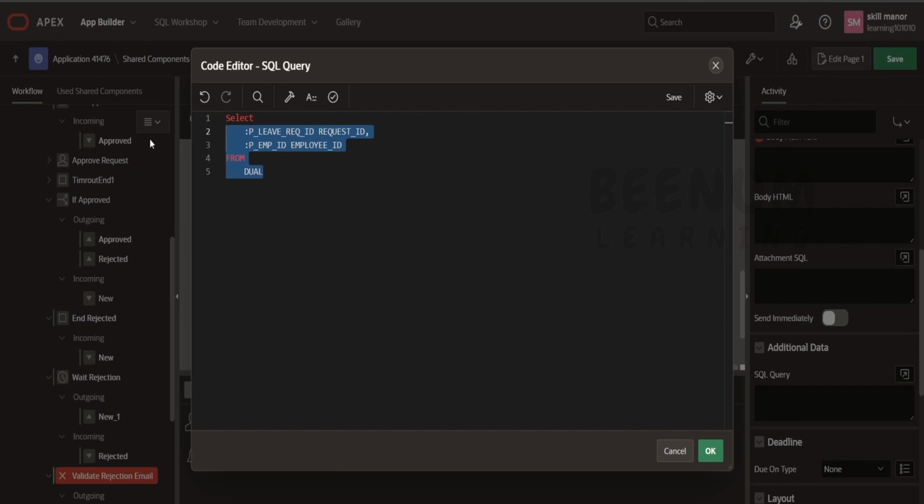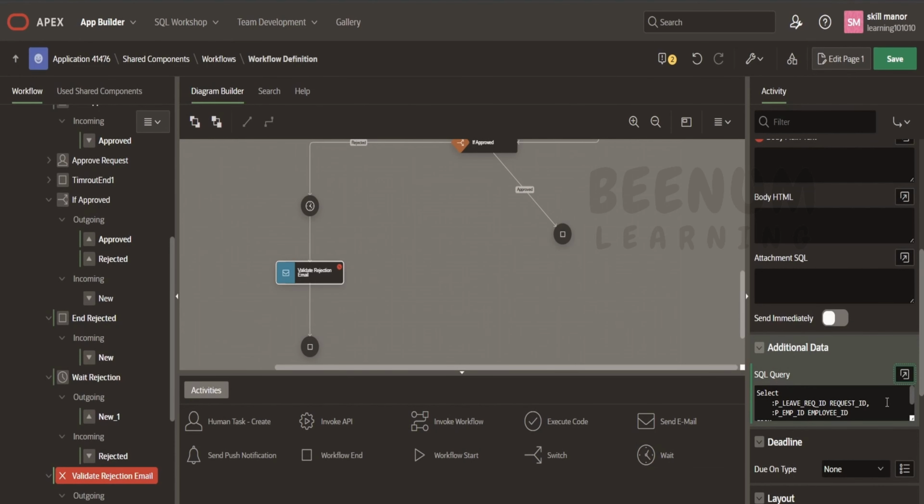You might be getting the request ID, and if you want to address the email to the person, then you may be needing the person's name. In that case, you can have a query which can fetch the person's name using the join and you can get those details. For simplicity purposes, I'm just returning the parameter names. But in your actual use case or in your project, you can create a business critical SQL query and fetch